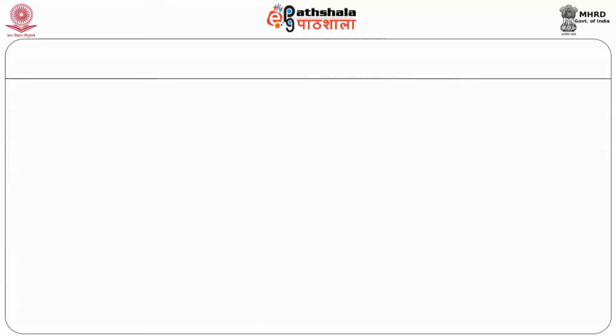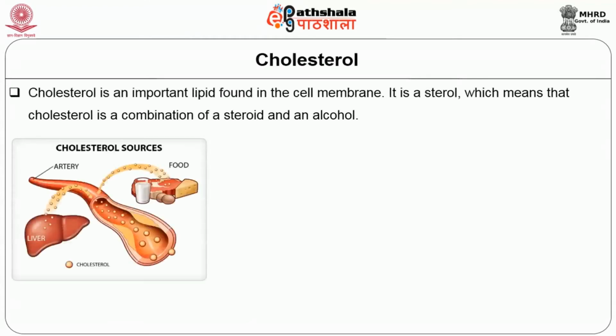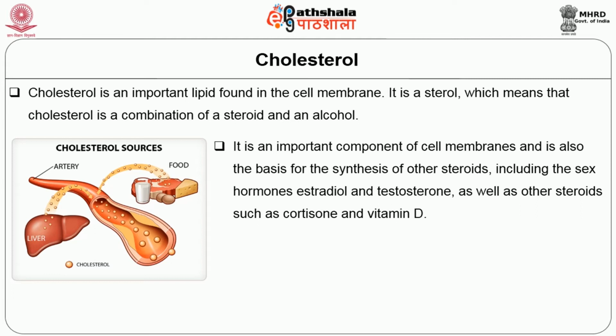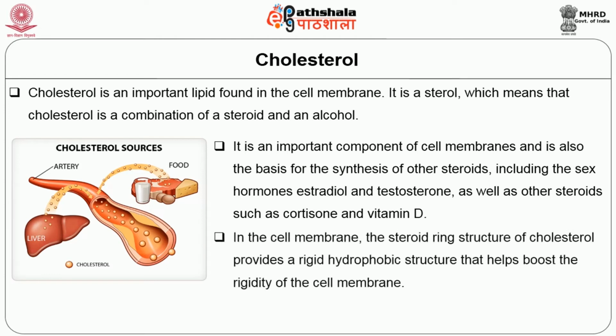Another important lipid is cholesterol, which is found in the cell membrane. It is a sterol, which means it is a combination of steroid and an alcohol. Apart from being a component of the cell membrane, we also know that it is essential for the synthesis of sex hormones, estradiol and testosterone, as well as other steroids such as cortisone and vitamin D. In the cell membrane, the steroid ring structure of cholesterol provides a rigid hydrophobic structure that helps boost the rigidity